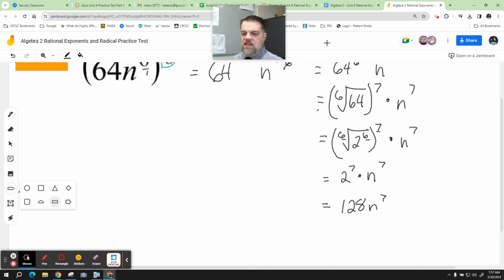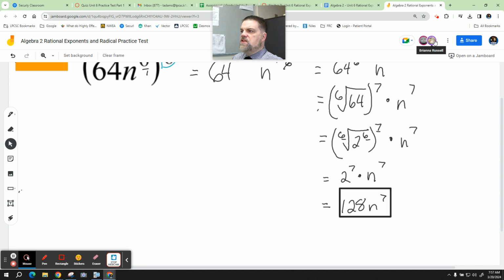Now, like I said, these problems are kind of rigged up to be a little bit harder than the actual test questions, but if you can figure out these problems, the test questions will be easy. They're rigged up to where you get to use a bunch of properties all at once. You get to take roots and then square things or raise things to powers, and so you use 2 or 3 of these properties or laws of exponents for each problem. Okay, so I'll leave that up there for